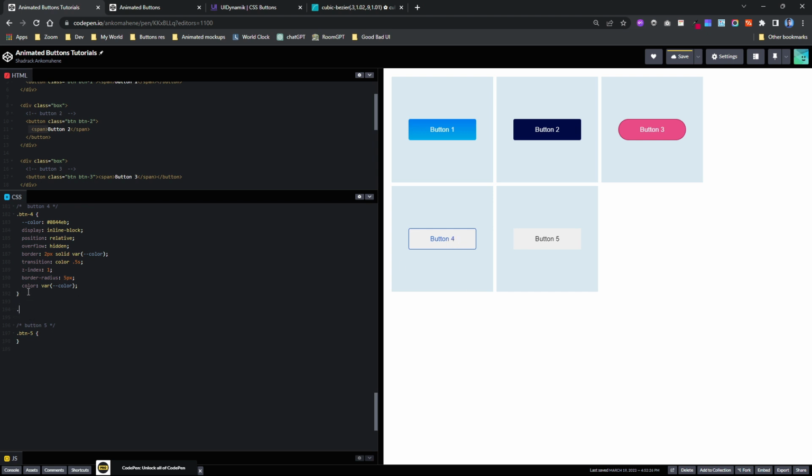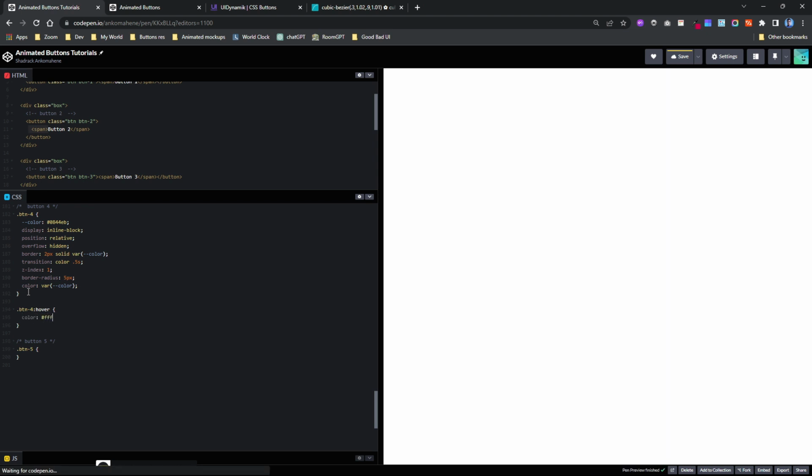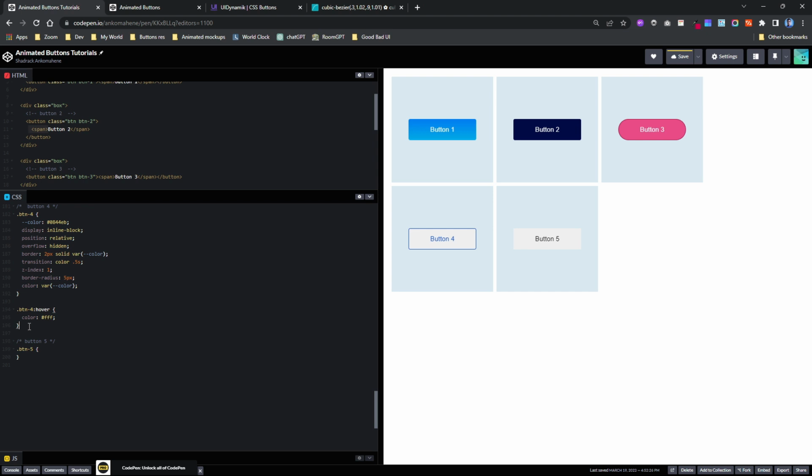Now on hover .btn-4, and then on hover we are going to say color is white. That's because we are going to change the background color of the before pseudo element to the blue color. Now we will select the before pseudo element, so .btn-4, and then we do before. So content is going to be this. We are going to set a background, so the background color var dash dash color,